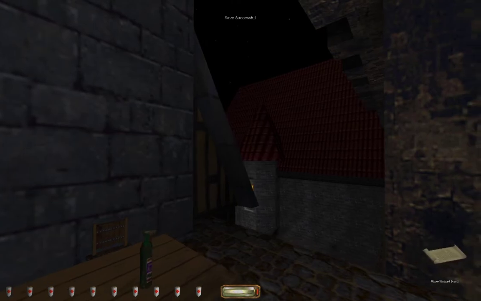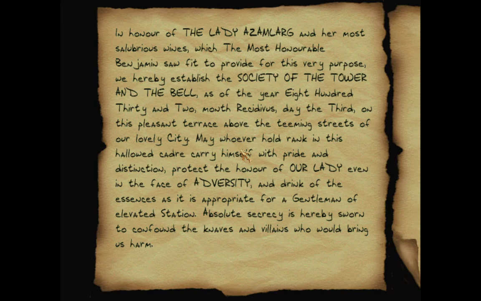And a readable wine-stained scroll. In honor of the Lady Azemlarg and her most salubrious wines, which the most honorable Benjamin saw fit to provide for this very purpose, we hereby establish the Society of the Tower and the Bell, as of the year 832, Mons Recidivus, day the 3rd, on this pleasant terrace above the teeming streets of our lovely city. May whoever hold rank in this hallowed order carry himself with pride and distinction, protect the honor of Our Lady,